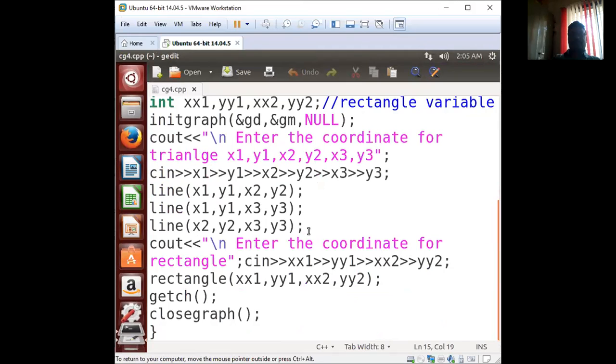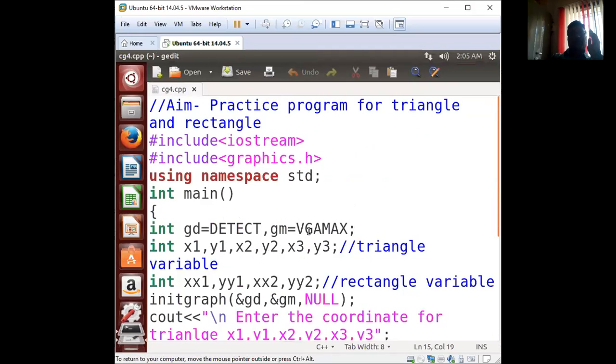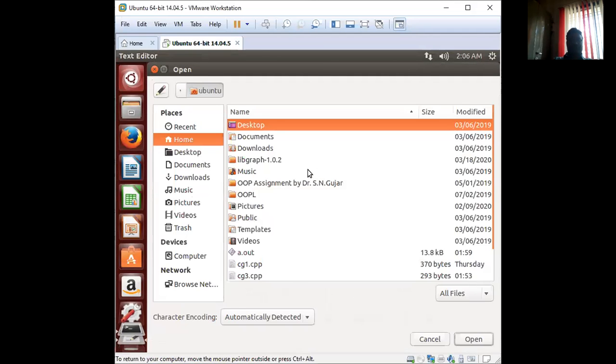So only the last 3 minutes remain. In the next lecture we are going to continue our polygon program, and I am going to take that polygon program using an array. Suppose you are facing any problem with these two programs that you have implemented today, the first program for the triangle and the second program for the rectangle, you may ask questions directly.